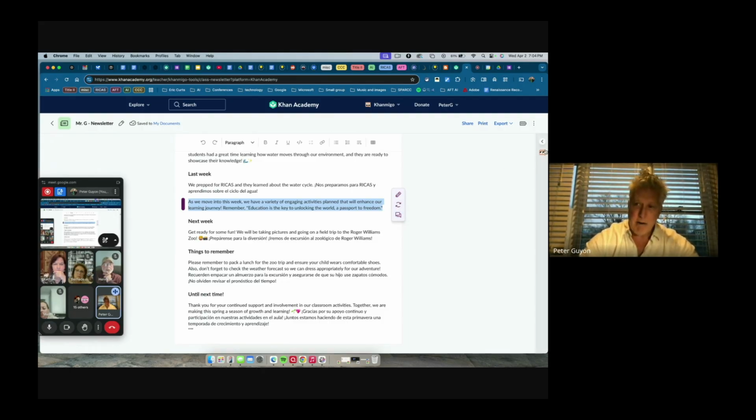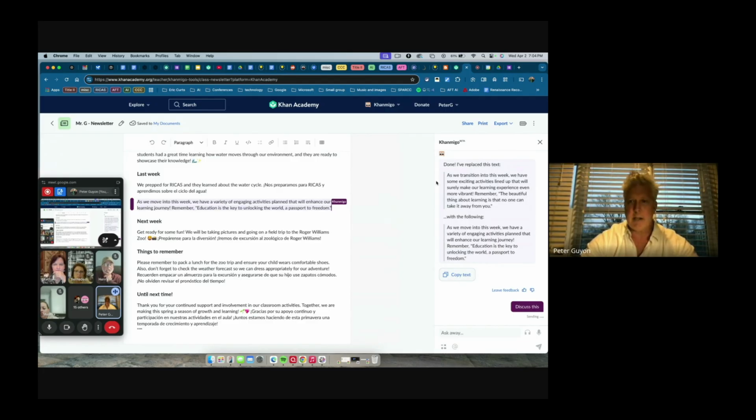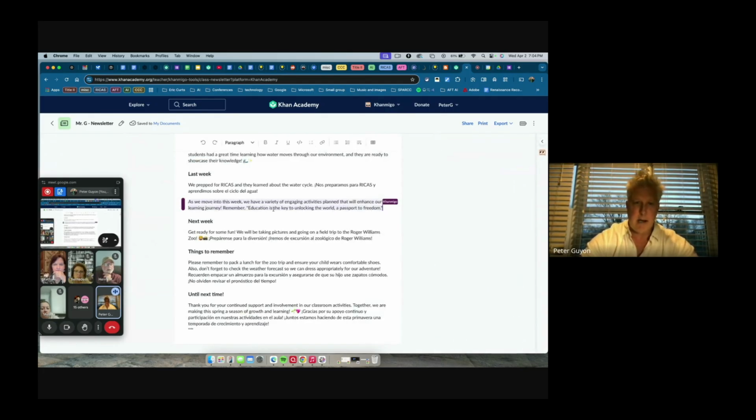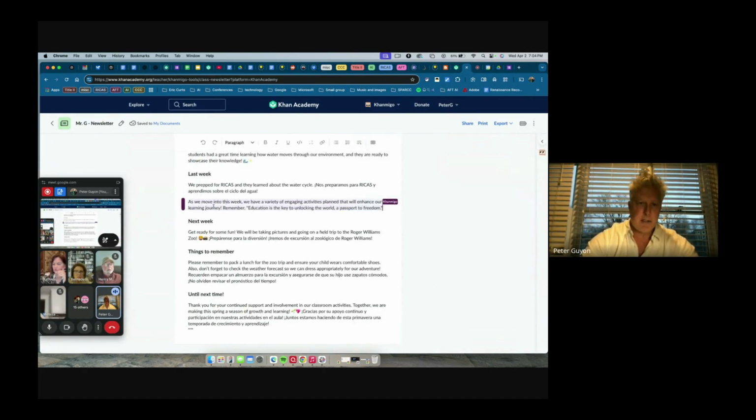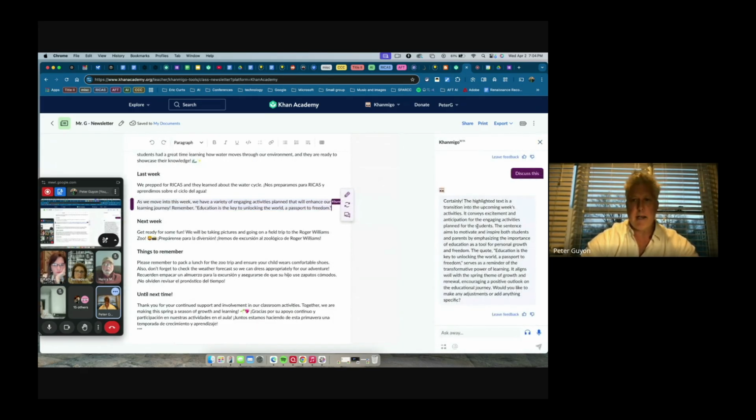Basically, it's this little guy right here. It's this little chatbot here. So if you click on this, discuss this, or even if you don't click on it, even though it's right here, you always have the option of clicking on this arrow on the top right here, and it opens up a chatbot where now you can go back and forth with Khanmigo and then ask it to either translate it or to add something or to rewrite it, whatever the case may be.